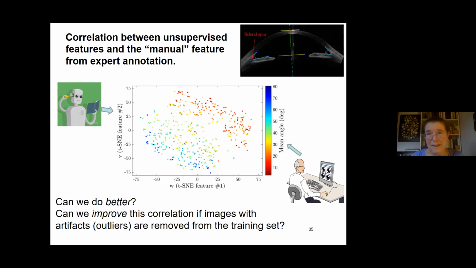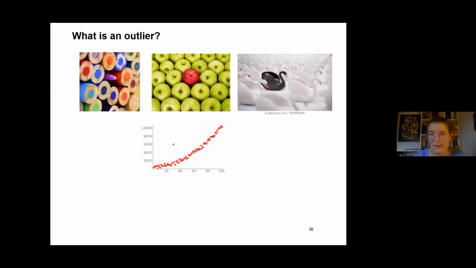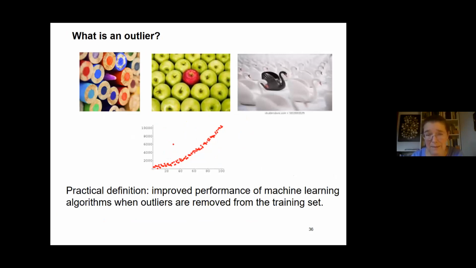As we know, in biomedical imaging techniques there are often many artifacts that are really detrimental for the results of the test. And if we can identify in an automatic way which images have artifacts, we can remove them from the training set. So I'm going to go to the last part of my talk, which is how to identify outliers. And what is an outlier? From a practical point of view, I think we all have an intuition of what an outlier is, but from a practical point of view,